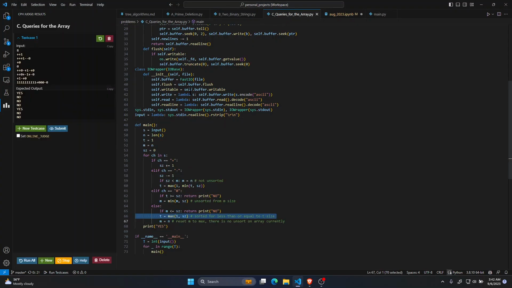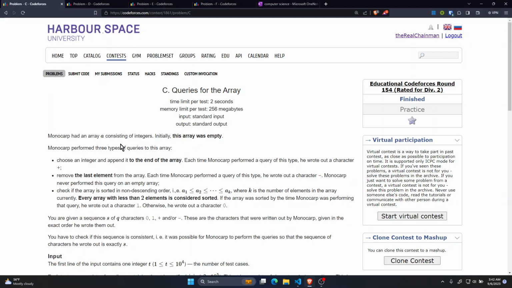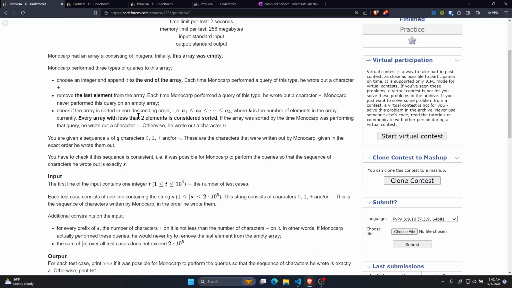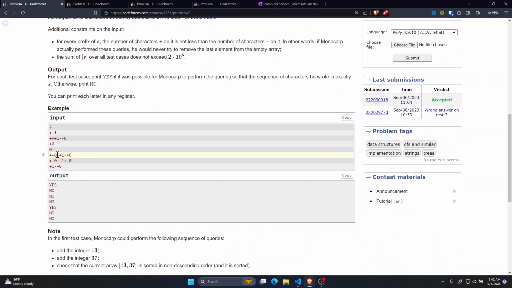And C was queries for the array, and it was just checking that these are valid sequences. These could be valid statements, or